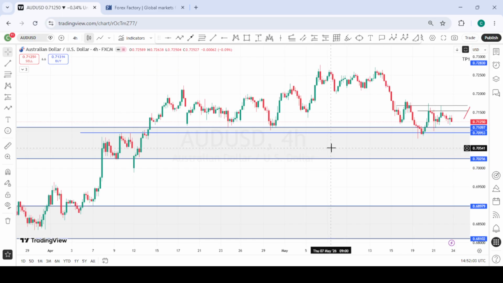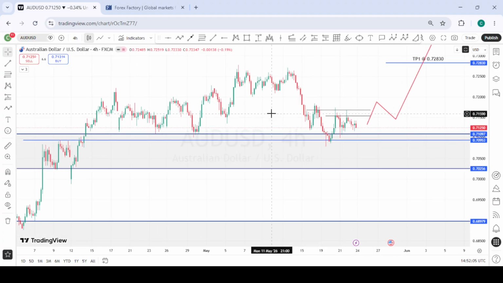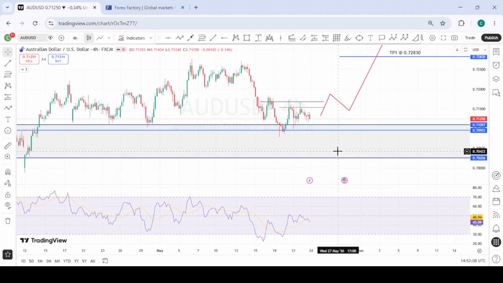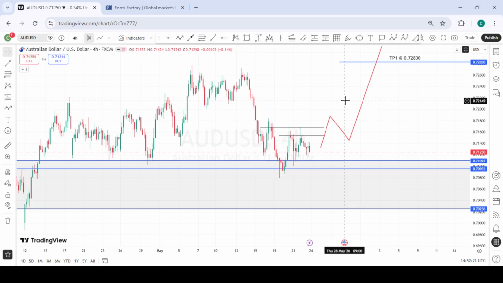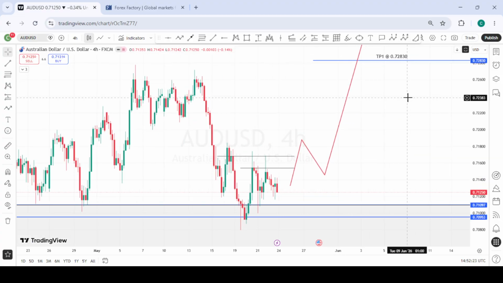If you also drop to the RSI, you still see this divergence as well. So you can see we have a lower low, a lower high, a lower low, but we have a higher low, a higher high, a higher low, a higher high, which is divergent from what we have on the actual chart. So we are likely going to see some reversals from this area of interest to the upside.